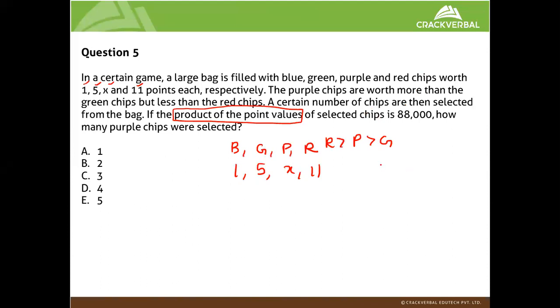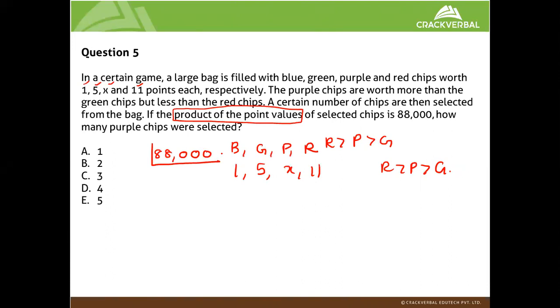So R is going to be greater than P, which is going to be greater than G, right? And a certain number of chips are then selected from the bag if the product of the point values of the selected chips is 88,000. So what they've given me is the product of all the point values. So I'm going to take 88,000 and break it down